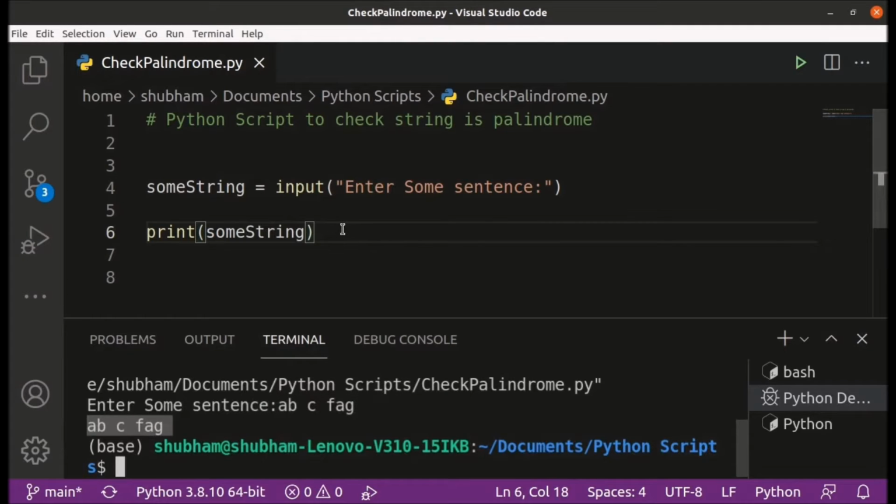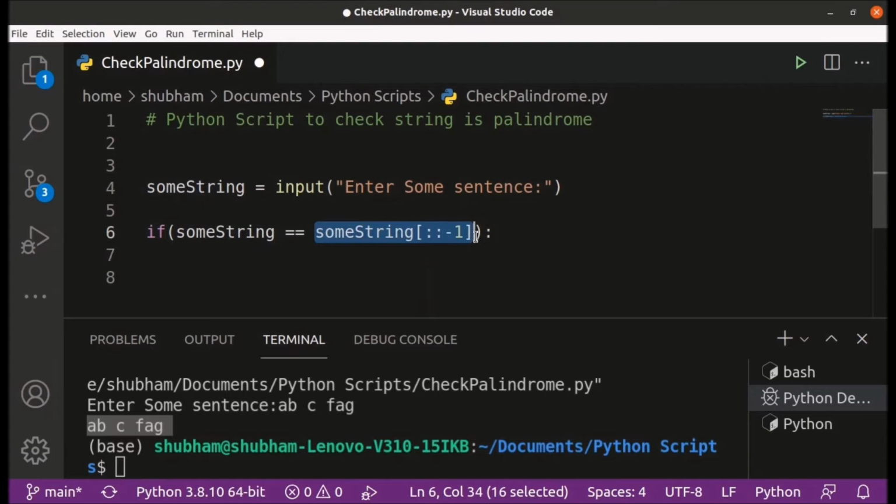So let's now check if the string is a palindrome or not. If some string is equal to some string, and this is the specialty of Python, that we do not have to write the code, we can just use [::-1].